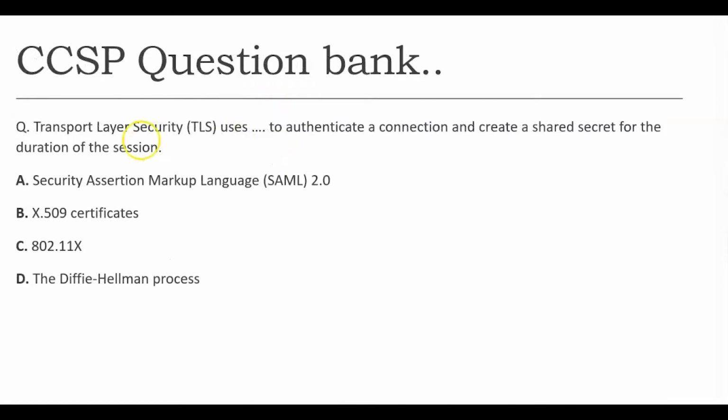So they're asking what is being used to authenticate a connection and create a shared secret. A shared secret is a symmetric key, so create a symmetric key. What is being used to authenticate a connection? If you see, there is SAML. We haven't seen a SAML use case in TLS. There is 802.1X that we have seen as of now. We haven't seen whether Diffie-Hellman is being used, but we have seen the X509 certificate, and we have covered